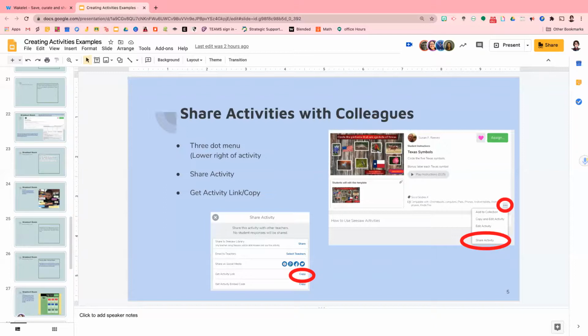So Seesaw is not a replacement of anything. It is just an addition, an additional tool that you can use to support your instruction, and especially right now in the environment that we are in, this would fit perfectly in the rotation model. As you're teaching, the students at home can be doing an activity, or they can all be doing Seesaw at one time. And then as you rotate, it lowers those numbers and lowers the stress level while still continuing our instruction. So hopefully it has something that you will be willing to do.